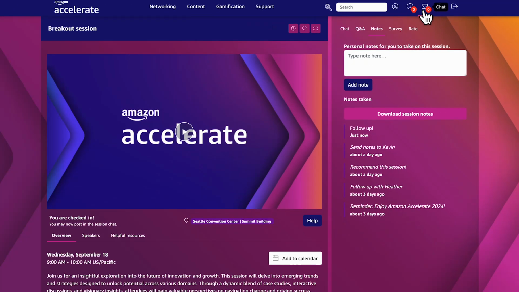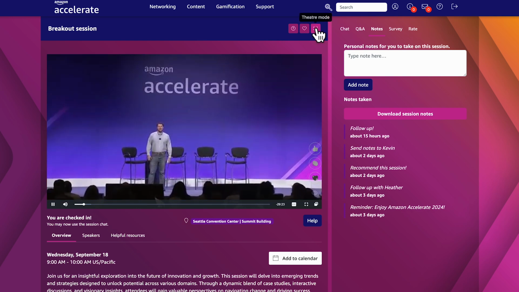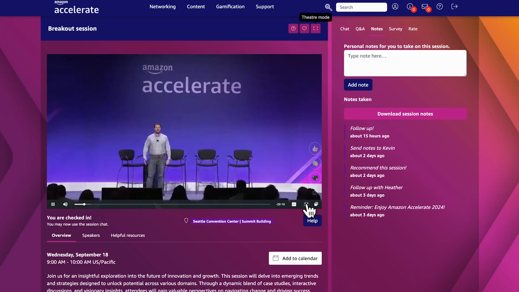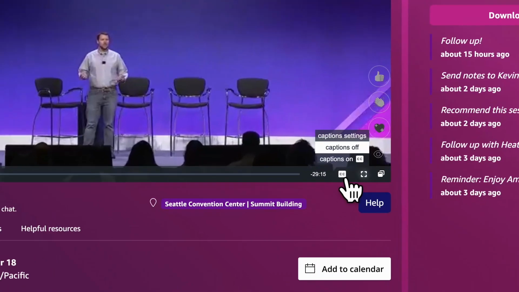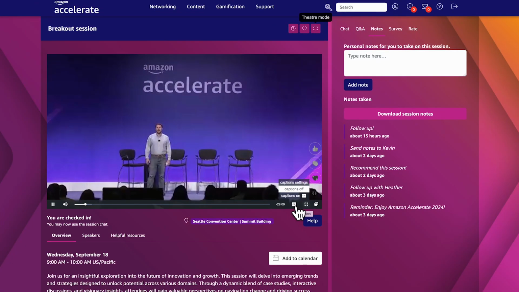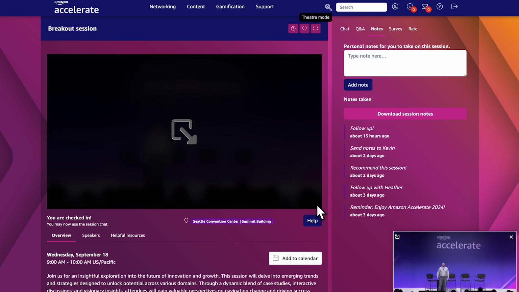When joining a live session, you have several options to customize your viewing experience. Select the play button to start watching a live session. To expand the video but keep the engagement panel in your view, select Maximize Video. To expand the video to full screen, select the full screen icon within the player. If you would like to activate closed captions, select the CC button on the video player. To turn it off, simply select the Captions Off option. To continue browsing the platform while watching a session, select the last icon in the video player to open the